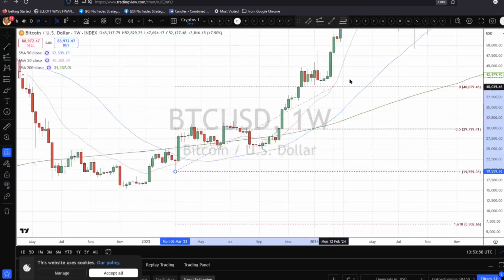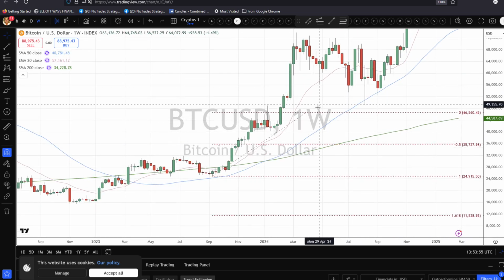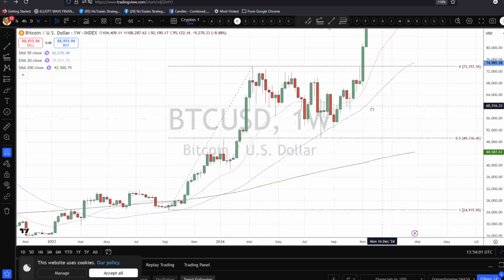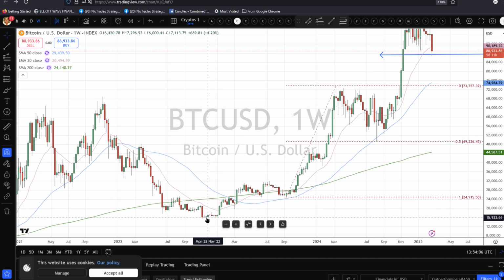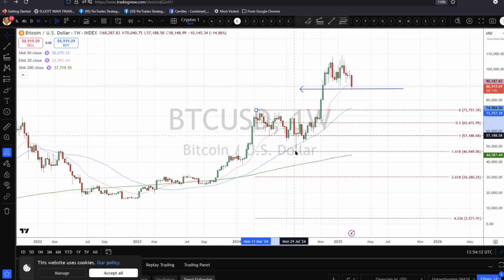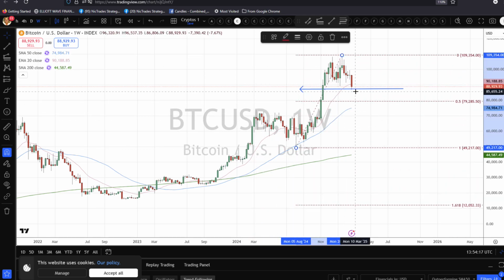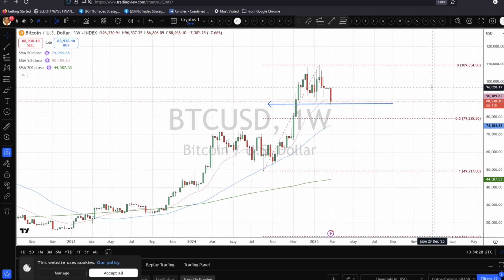If we keep moving this up, we go from this low to this high here. We went 1, 2, 3, 4, 5, then 3 waves back to the 50%. So every single swing that we have made from this November 2022 low, we have pulled back 50% and kept going. And here we did a very nice 3-wave pullback. So we can say if we lose 87,000 in Bitcoin and we are still going to stay in that move higher, pulling back 50% and continuing,